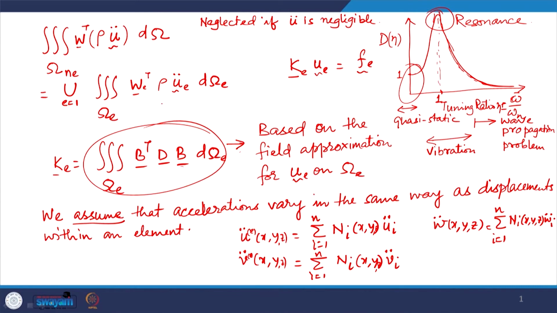So, once I have the acceleration field defined over the element, this is a definite integral which can be evaluated in a standard procedure without any difficulty. W will be given by the interpolation matrix. So, in that case this entire thing can now be written as